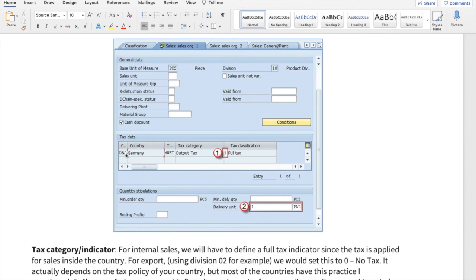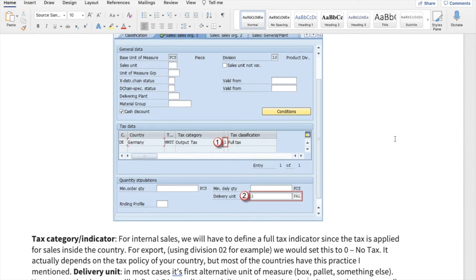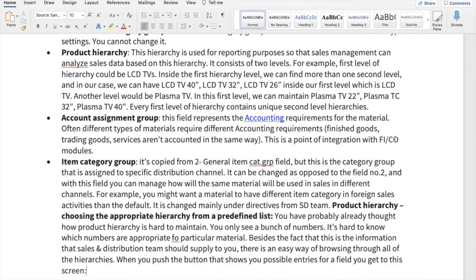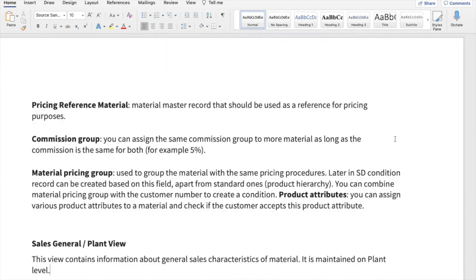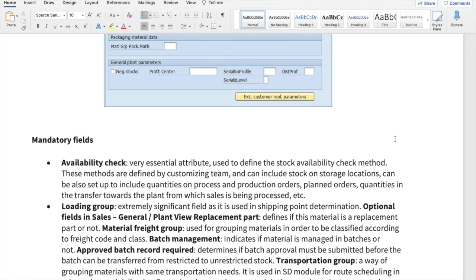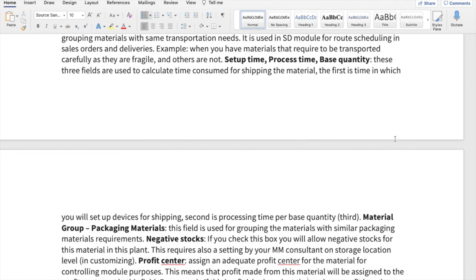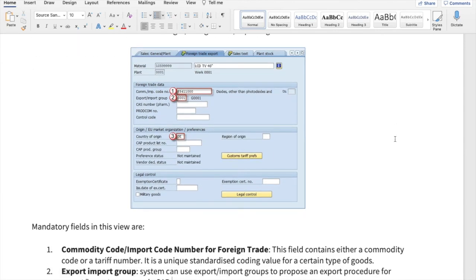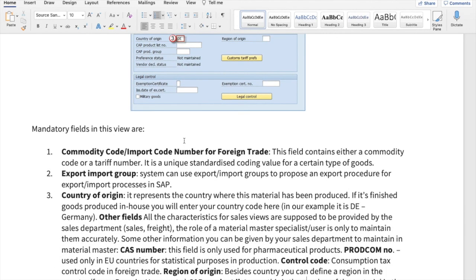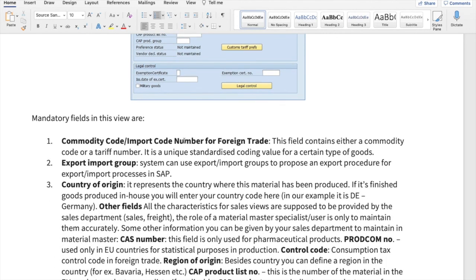So from where the television is manufactured or from where the import is being made, that country of origin needs to be mentioned, and that can be maintained in this particular import export tab. That was available there, but the place where you can maintain that tab is here. So you can maintain D over here, and it will appear in the tax code data. Country of origin.